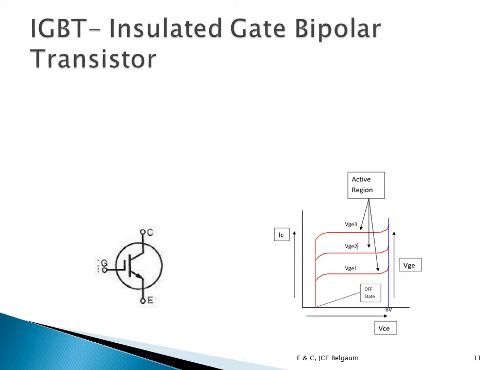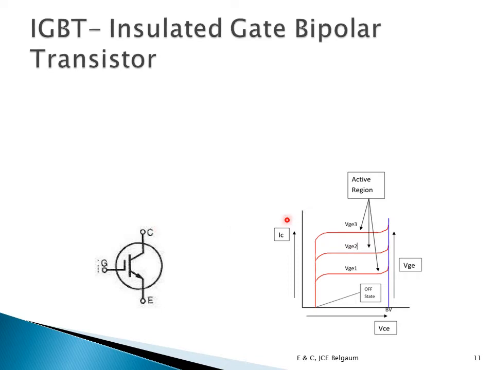So if you look at the symbol itself, that tells you a lot of things about the device. On the left hand side, there is an isolation at the gate, which tells you it behaves like a MOSFET at the input. Whereas here you have collector and emitter like a transistor. So the right hand side, or the output side of the device, behaves like a transistor. So it is like a combination of MOSFET here and the transistor out here.